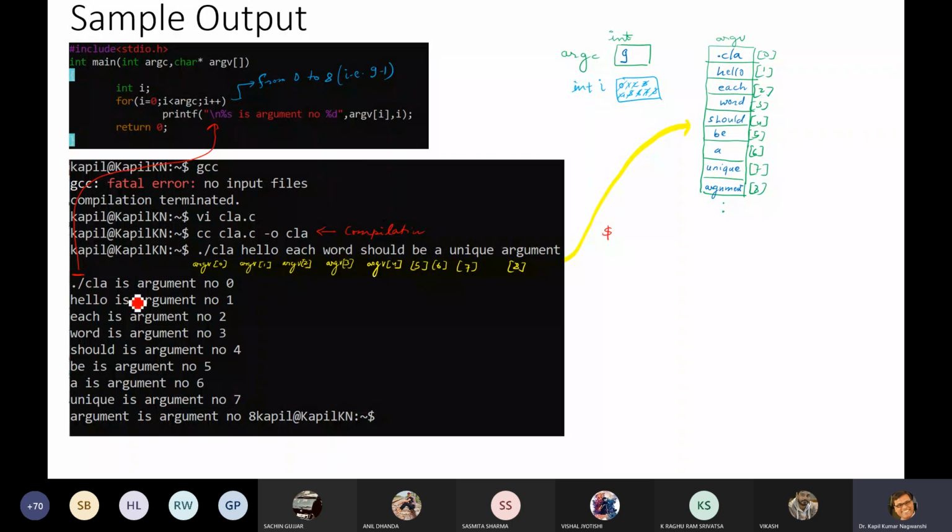Now, let us see: CLA is argument number 0, hello is argument number 1, and each is argument number 2. Then word is argument number 3, should be a unique argument, and then argument is argument number 8, and then